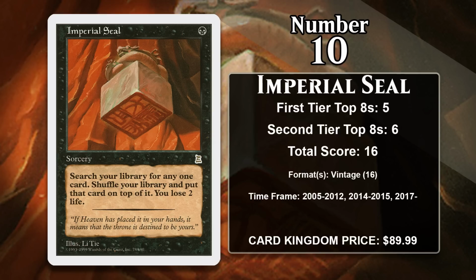Imperial Seal was originally printed in Portal 3 Kingdoms, and this meant for a long time it wasn't legal in Magic tournaments. This was a special set that was released primarily for Asian markets, and it was a simplified version of Magic. However, starting in 2005, cards from Portal sets became legal in Legacy and Vintage, although Imperial Seal was